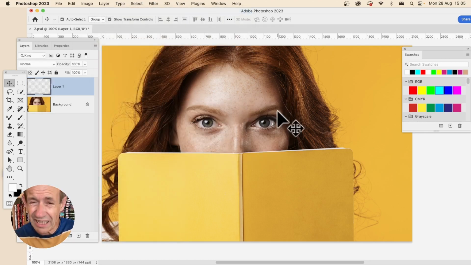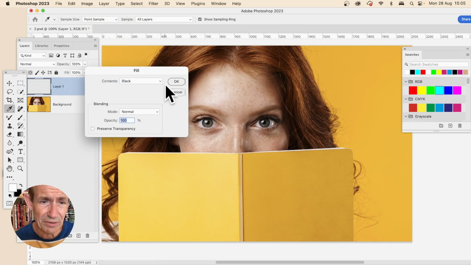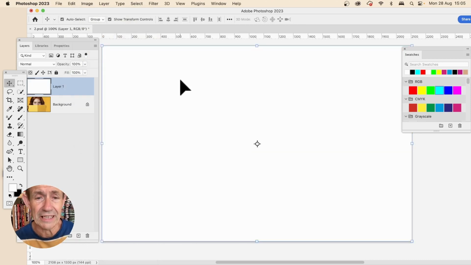Now the new layer's got nothing in it, absolutely nothing in it, so you need to fill it with something. Now you could fill it with brush strokes or a sort of gradient, but I'm just going to go to edit and fill. And I'm just going to fill it with, I could go with white. So white, click OK. Now obviously you can't see the underlying image, but now you can go to filter and